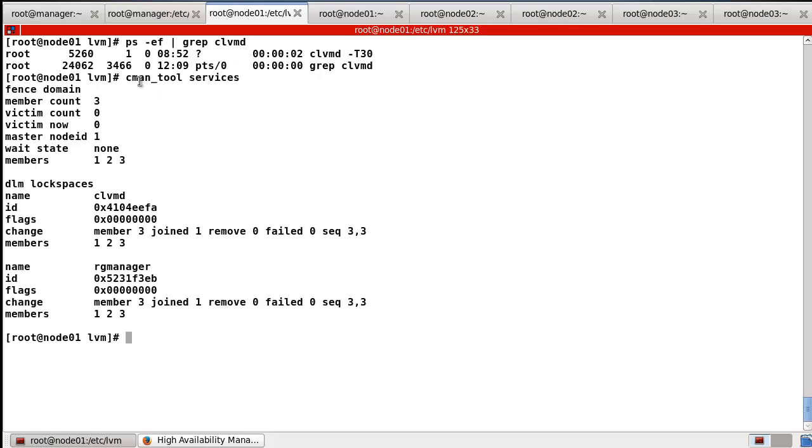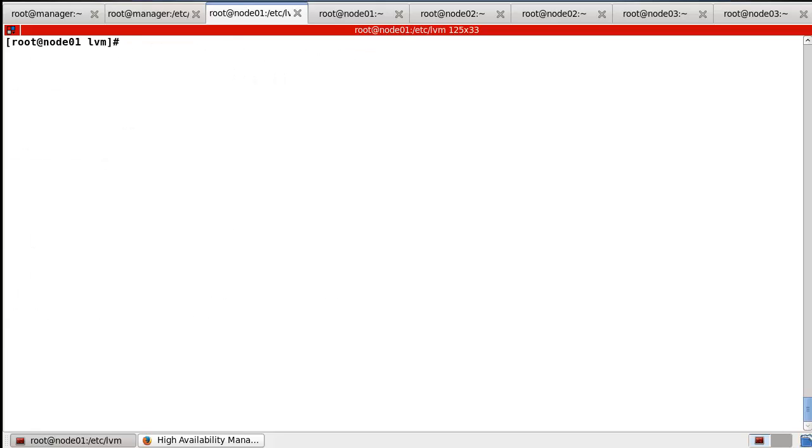So in the cman_tool services, you also have to check this one, the CLVM daemon. Okay, in my case now it's working. And number 3, start a similar service. So for example,